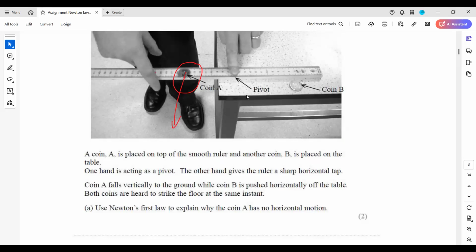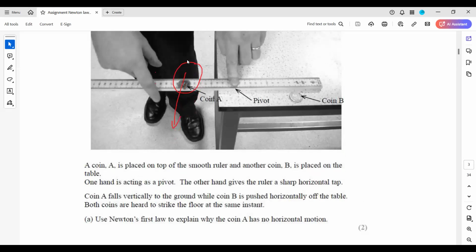So the reason is because of coin A, as they mentioned here in the beginning. Why does it move downward, and why does it not cover a certain distance? The reason is that when coin A is placed on the scale or a ruler, and the teacher moves the ruler,